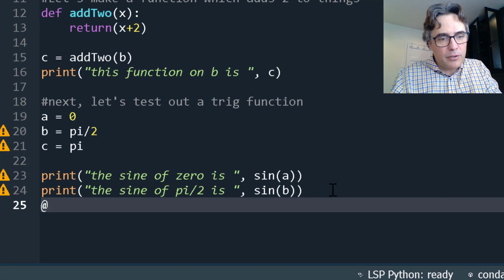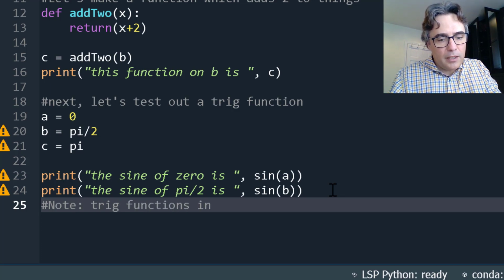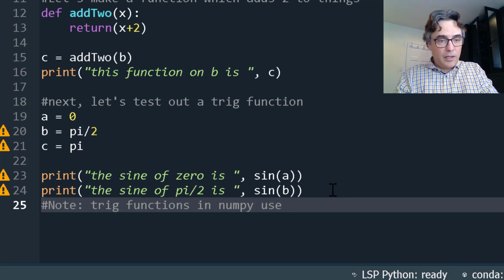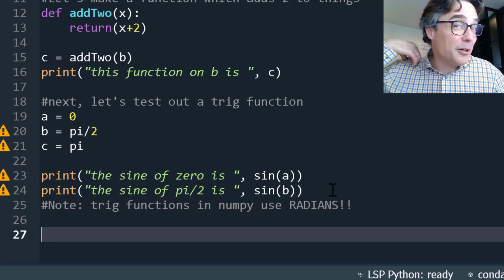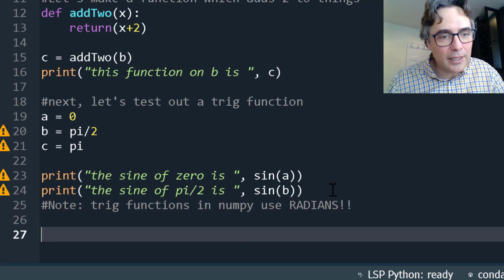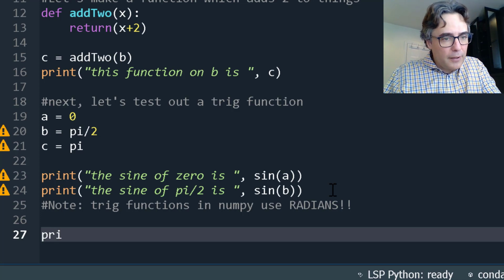So I'll just put a note here. Oops, in my hashtag note. The trig functions in Numpy use radians, not degrees. So that's a good little note in case you want to put comments in your code like that. We could do print